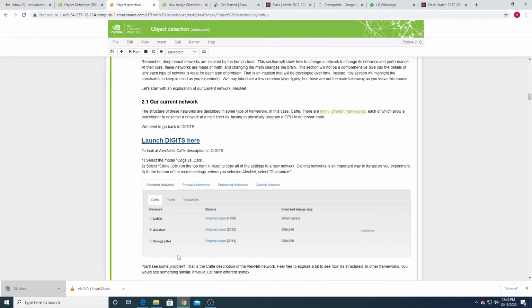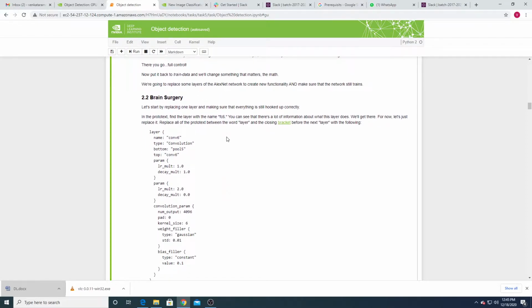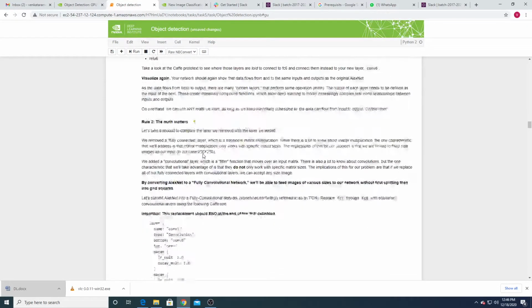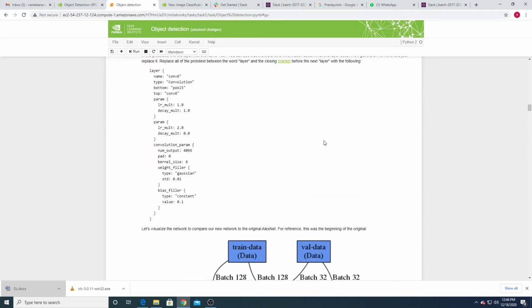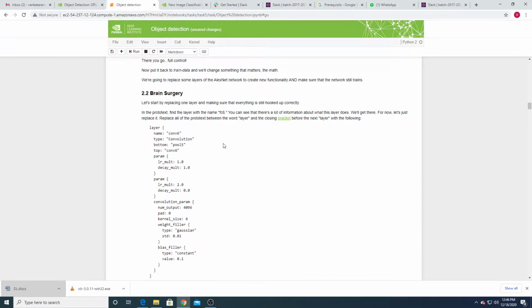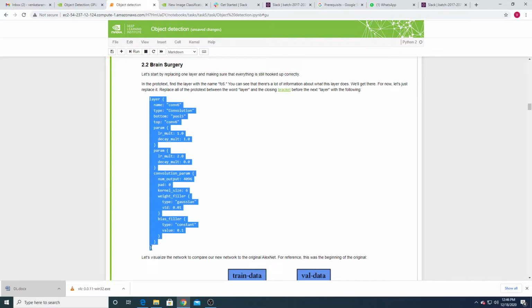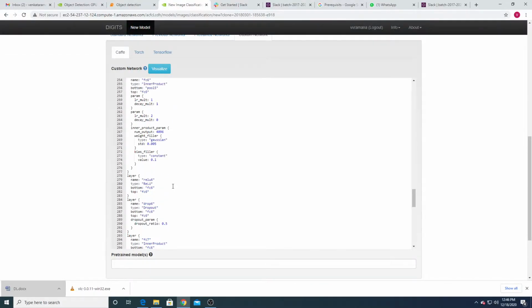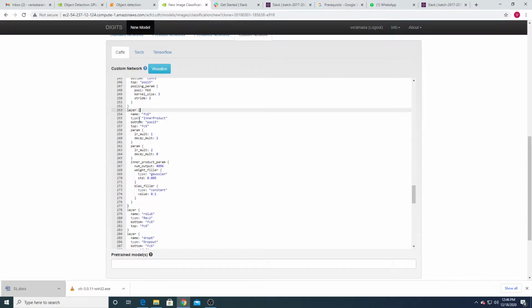Now what we have to do, see, your visualization is over. Actually I said, right, we have to replace all the fully connected layers with convolution layers. So we can replace the fully connected layer FC6 with the convolution layer. If you want to replace it with the convolution layer, then you have to replace this piece of code in the FC6 place. Where is the FC6? Layer FC6, FC7, FC6, right? So from this layer up to this layer.